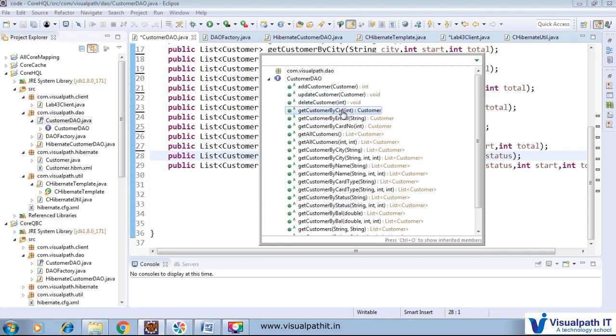We will get the customer by ID, get customer by email, get customer by card number, and get the list of all the customers. We will get customers where we pass two integer values. We will get customer by city, where we pass that particular city and get all the customers who belong to the particular city. This method is responsible for getting customers by city. Again we will pass a value and a start value or int value. So this method is the pagination concept, where for example we want to retrieve the Tata Sky customers or DTH customers who belong to Chennai.